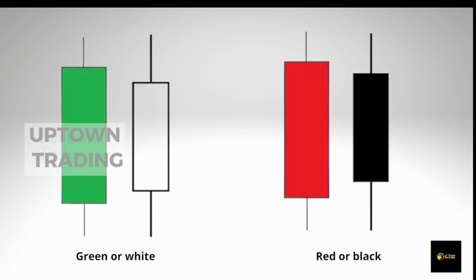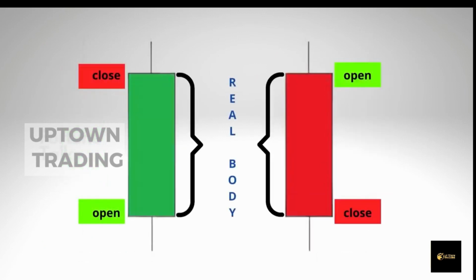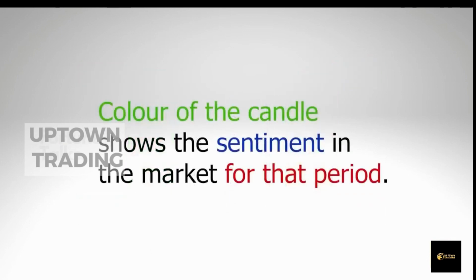Sometimes it might be white and black depending on the settings that you use. But most commonly it's green and red. And a very important feature is that for green and red bars or candles, their opening and closing prices are at different locations. The color of the body of the candlesticks determines if the candlestick is showing a bullish or